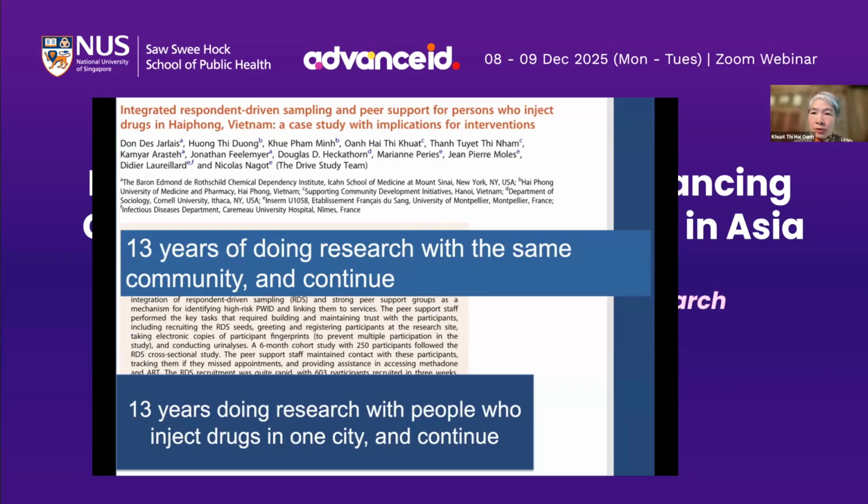When we submitted the proposal, the funder didn't believe that we would be able to recruit enough active injecting drug users, and they were also not convinced that we would be able to follow them up for a long time to document and observe the incidence of HIV. But because our proposal was quite convincing, they agreed to give us a small grant to do a pilot.